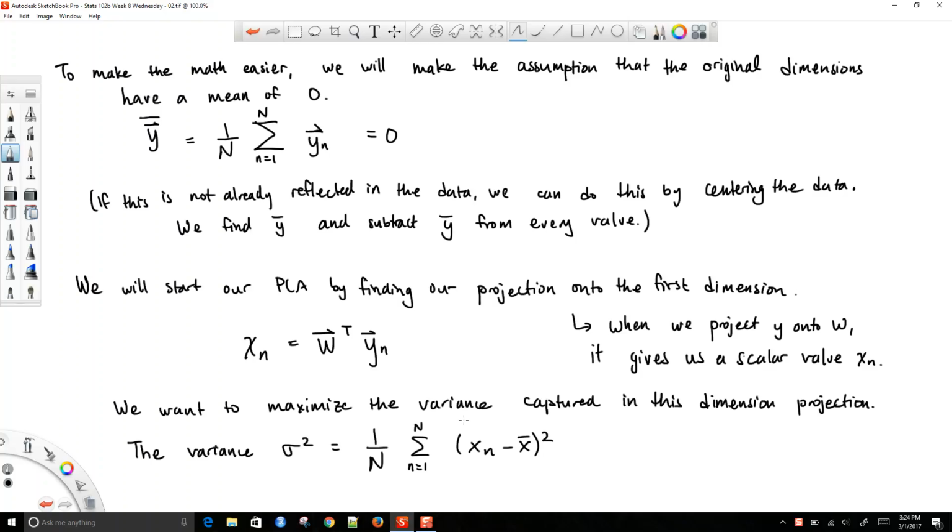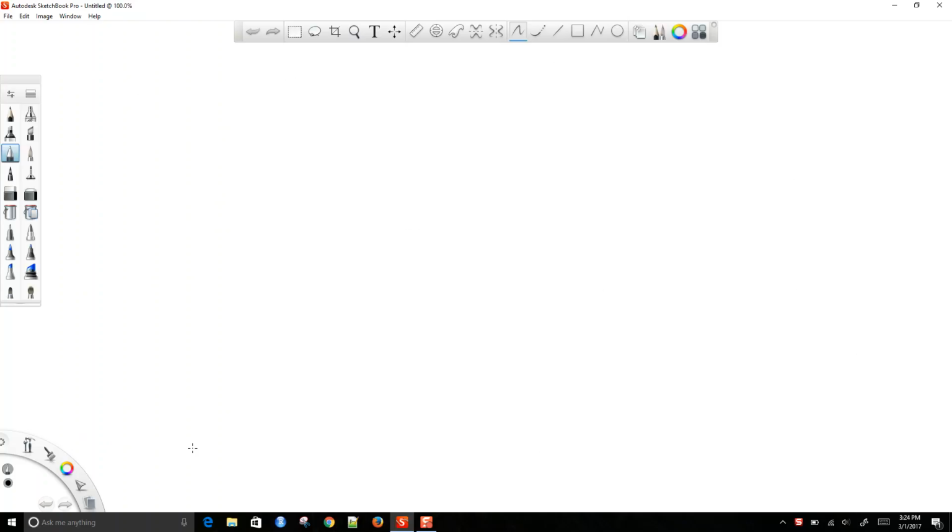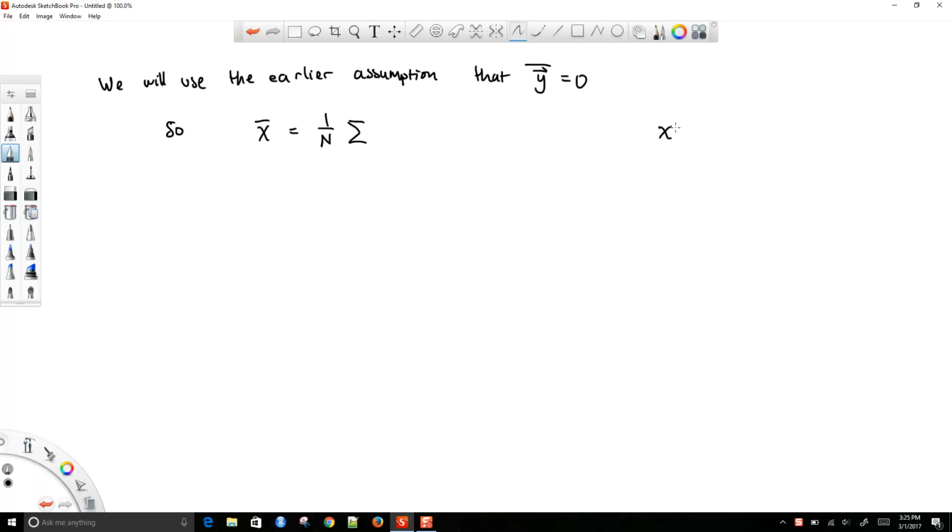Okay, and then we can make our lives easier by expanding this. We will use the earlier assumption that our y bar has a mean of 0. So if we look at x bar, which is equal to 1 over n times the sum of this. Remember, x is